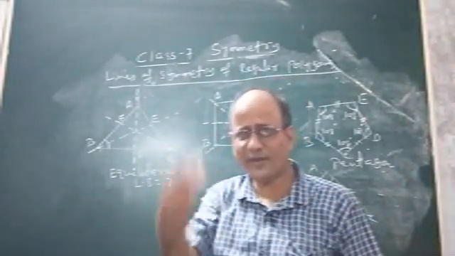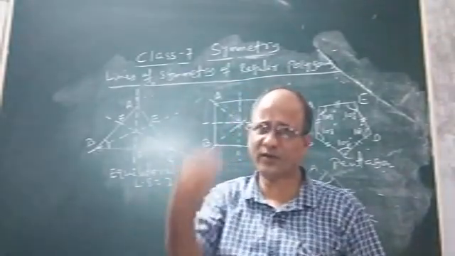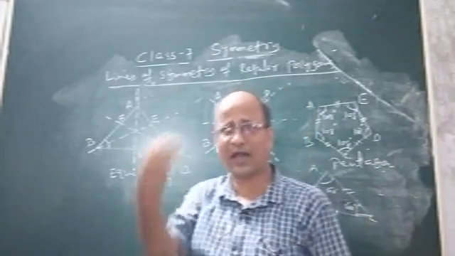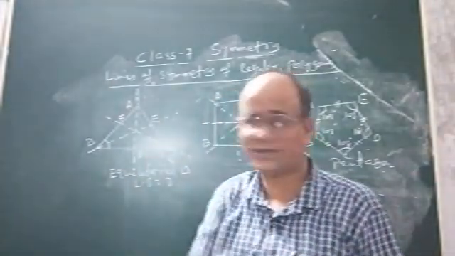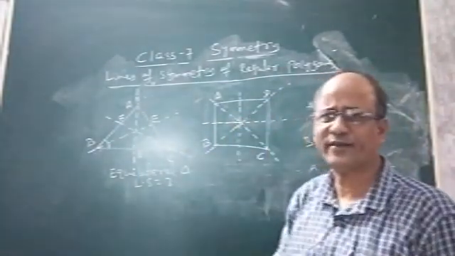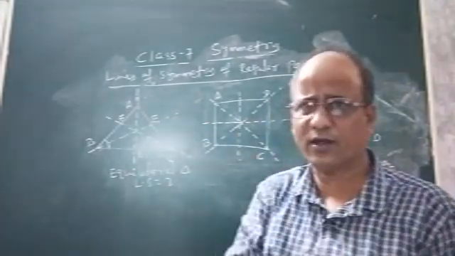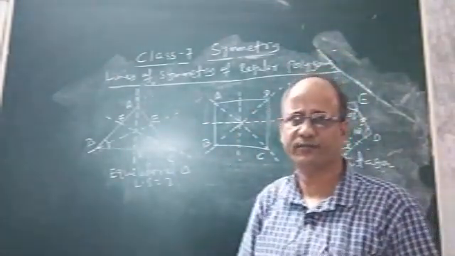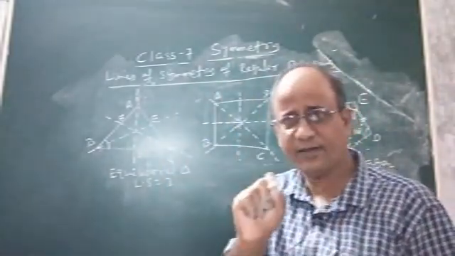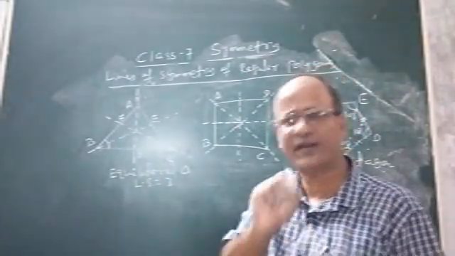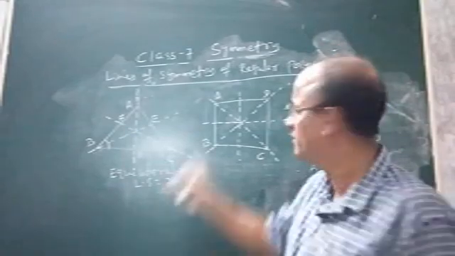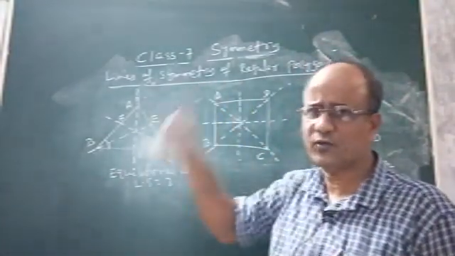That means how many sides a regular polygon has, it is equal to the number of what? Lines of symmetry. Now see, consider another case. See, square. Just a few minutes ago I said that a square is also a regular polygon, but a rectangle is not a regular polygon. Square is a regular polygon because in a square all the 4 sides are of what? Same length, and each interior angle how many degrees? 90 degrees. So as all the 4 sides are equal and each angle is 90 degrees, it is no doubt a what? Regular polygon.